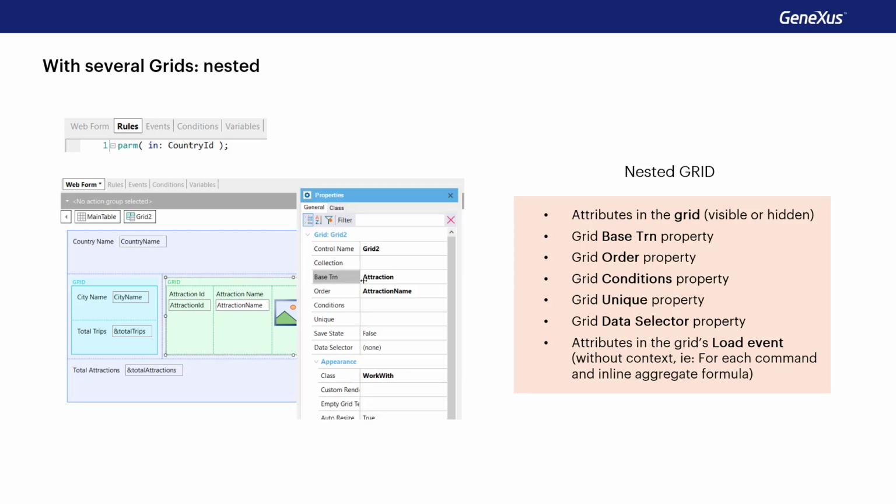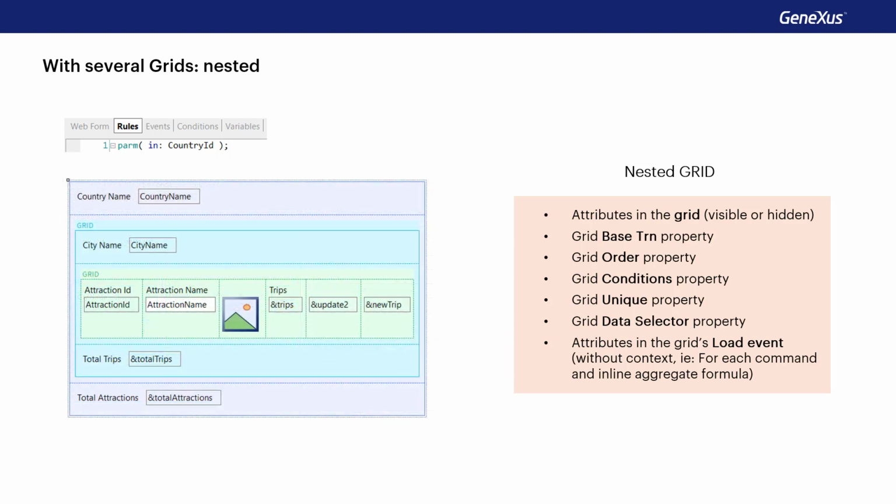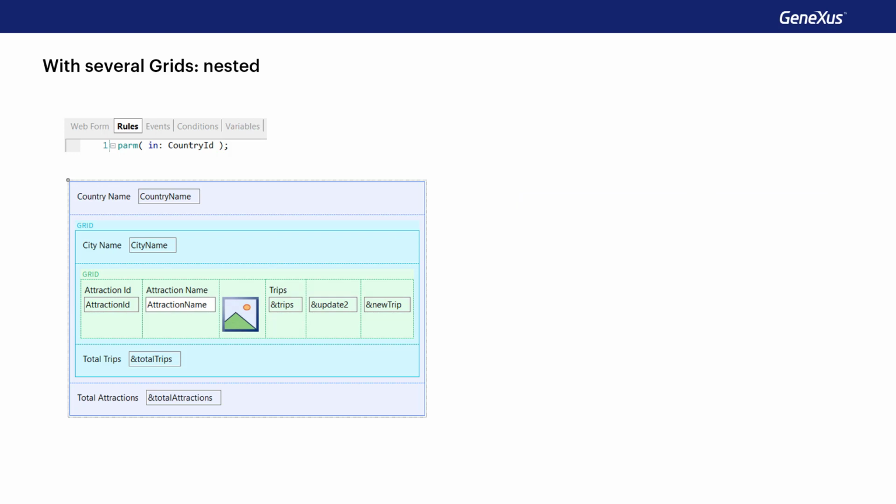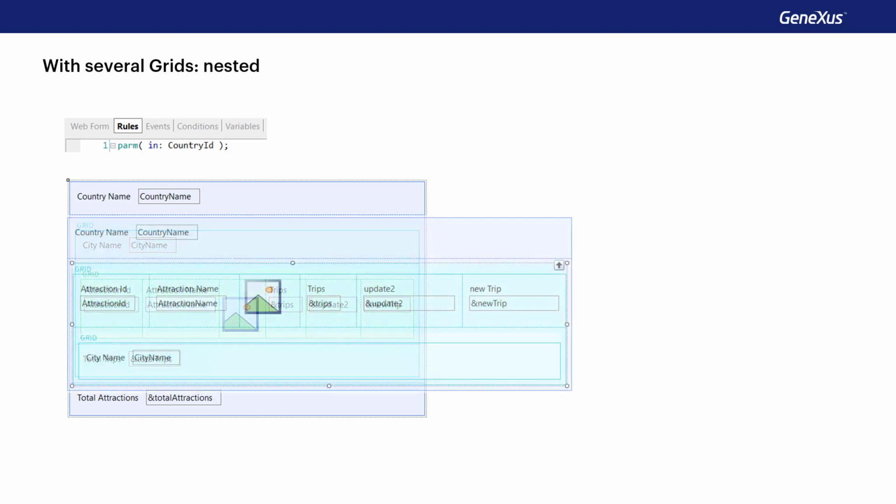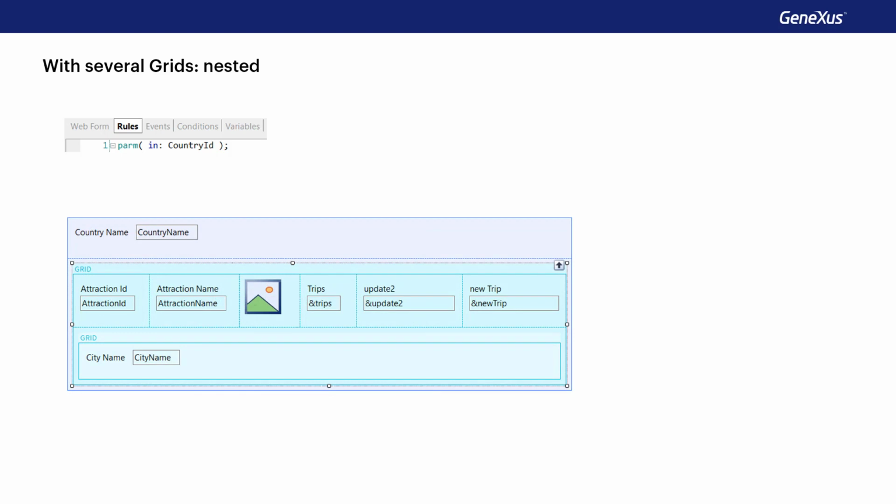When the nested grid has no base transaction specified, then Genexus will determine it on its own. And here's where the fact that this grid is nested with another one may determine a table different from the one that would be determined if the grid were parallel. These cases are not frequent, but it's good to be aware of them. For instance, if the grids were inverted, and the external grid navigated the attraction table with no base transaction specified in the internal grid, with only the city name attribute implied,